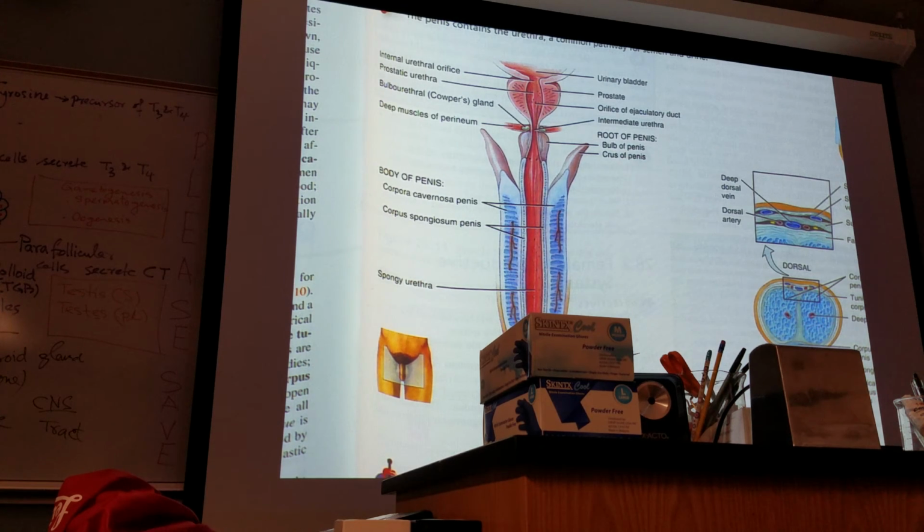So this is the proximal end, and this is the distal end of the penis, the glans penis. That has the corona, the border, here. And the glans penis is covered by foreskin or prepuce. Okay? You can look at the deep arteries. So I will go over now